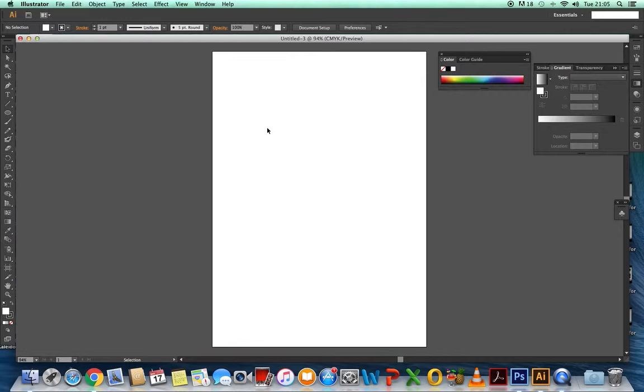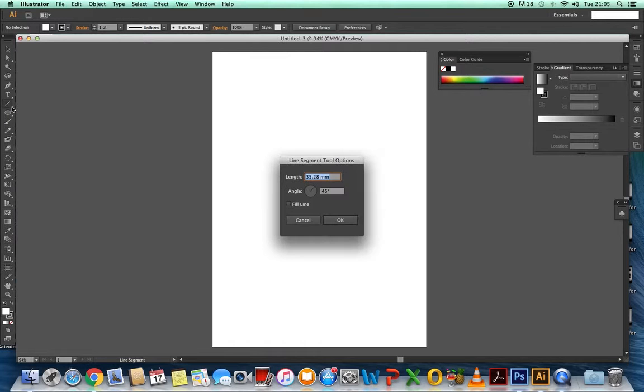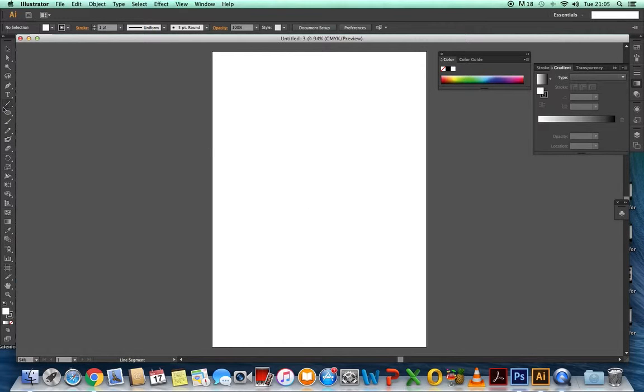The first one is a quick way of making decreasing concentric circles. So what you need to do is to go down to the first, second, third, fourth, fifth, sixth, the seventh symbol down, and get your polar grids tool, and then